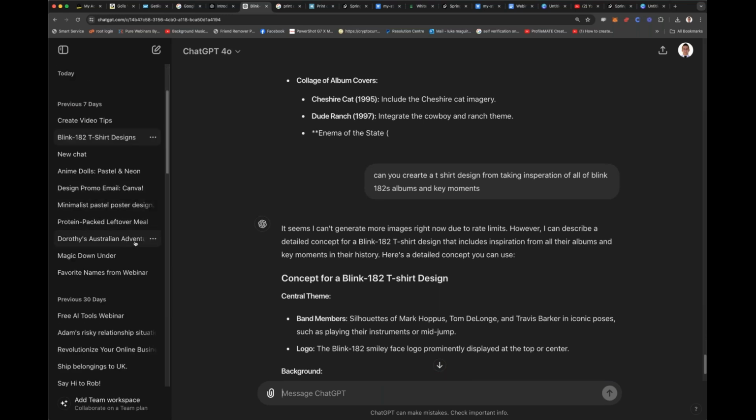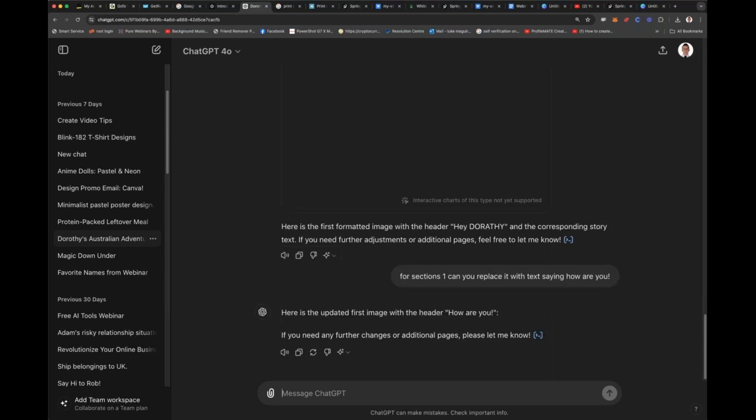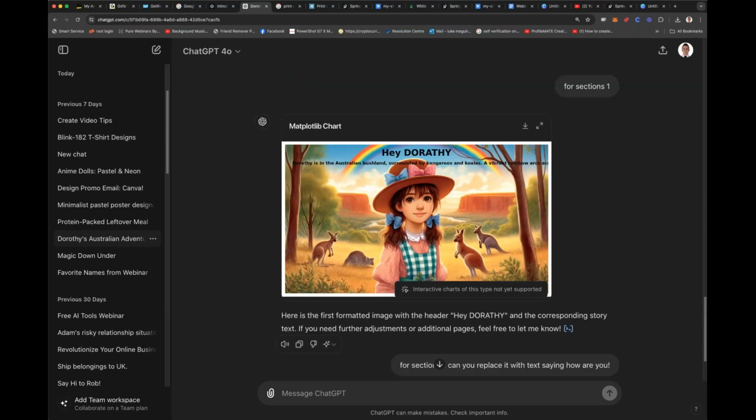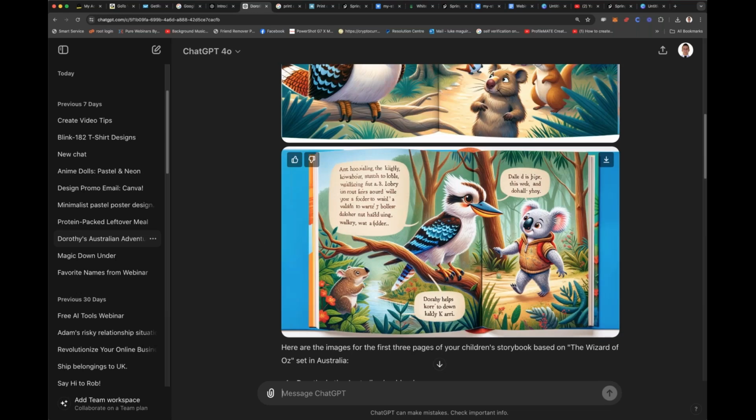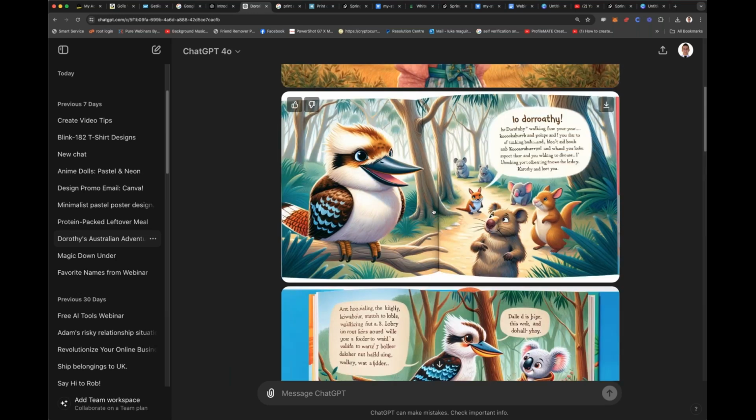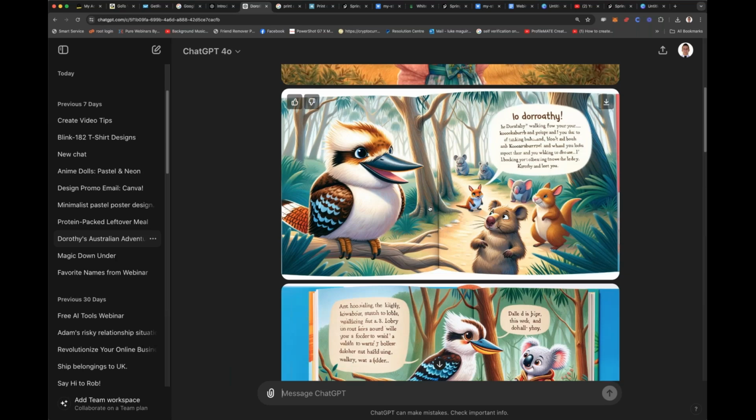And here's the one we were doing of Dorothy's Adventure. You can see here we were doing an ebook, a children's book, where you can go ahead and it would create the pages for it. Now,